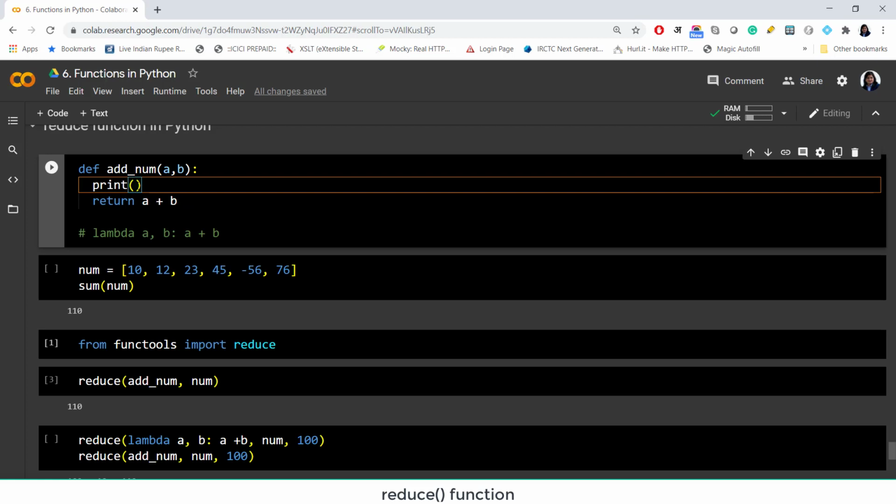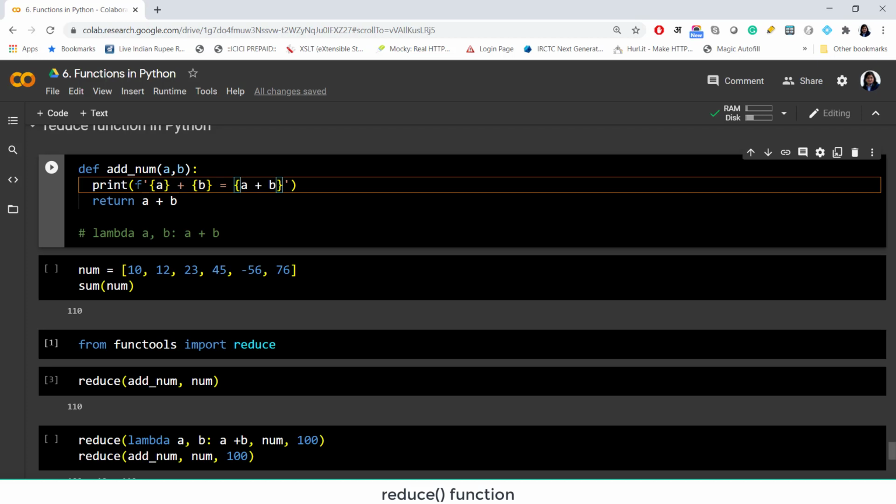So to add the print statement, we are using again the format string method. If you remember, we start with F. And here I am using an empty placeholder. In the empty placeholder, I want to write the first number it is taking to add up the numbers, plus I am again using an empty placeholder, and in that I am putting the number b equal to, I am using an empty placeholder once again, and here I am using a plus b, the sum of these two numbers.